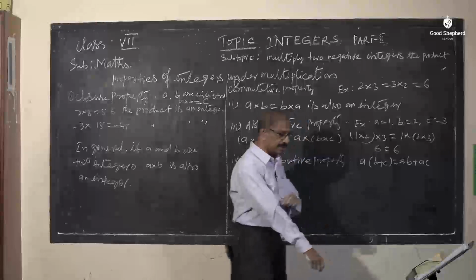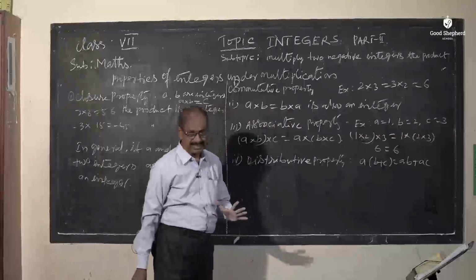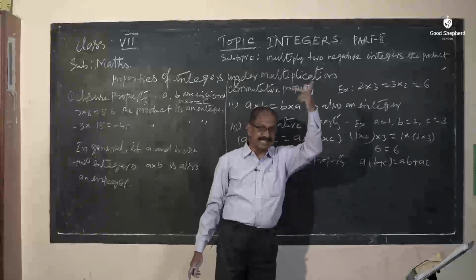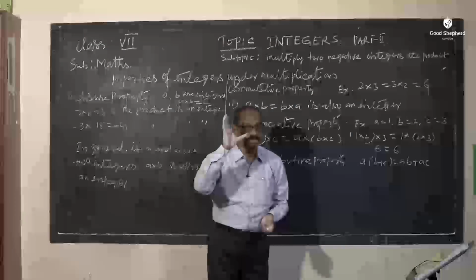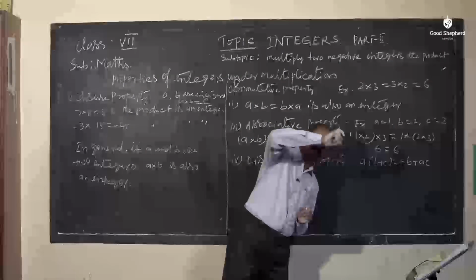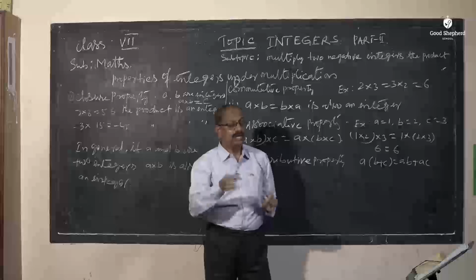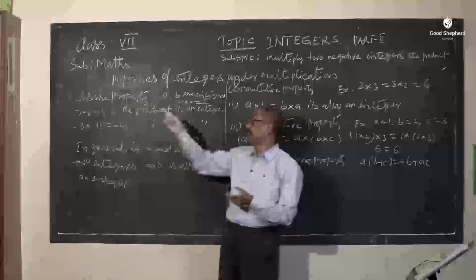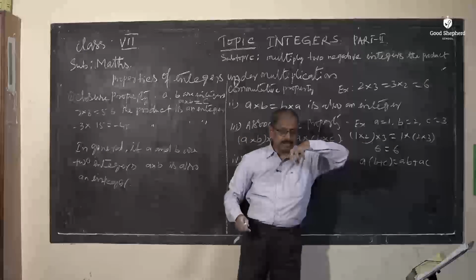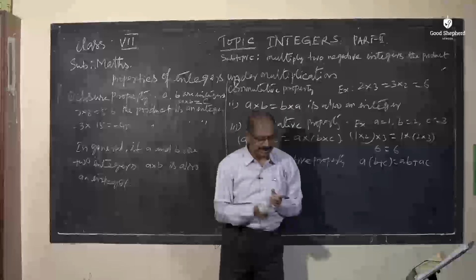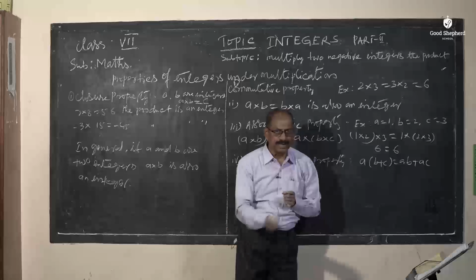And also we are going to learn the multiplicative identity. We have done the additive identity under addition. What is the additive identity? We say it is 0. Adding any integer to 0, I get the same integer. Under multiplication also, the product of any number by 1 gives the same number. Under multiplication, the identity element is always 1.